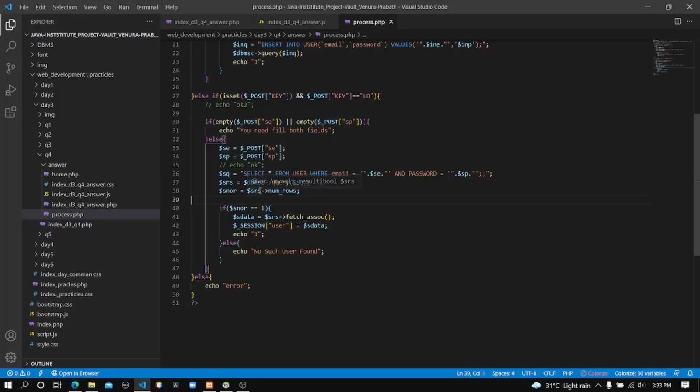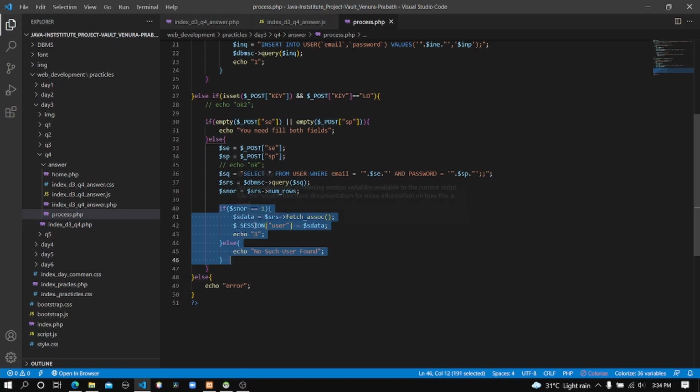Here after that you can see I created another variable and assigned that number to that variable, and it will check whether this number is equal to 1 in this if else block.